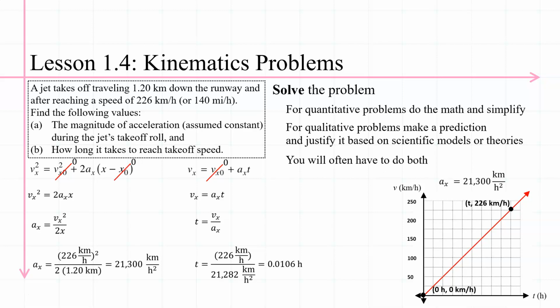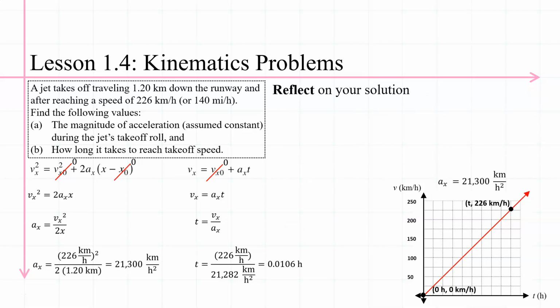Also notice once again that I recorded this with 3 decimal places of precision after my leading placeholder decimal. So that first 0 is just a placeholder in the tenths place to show how small my number is. And then after that, I'm writing all of my significant values that are actually like measured values, 0.0106 hours. And that's it. We're done solving the problem and on to our last step, which is to reflect on our